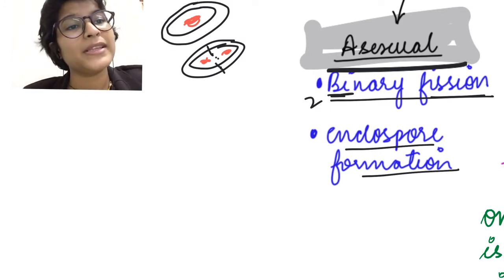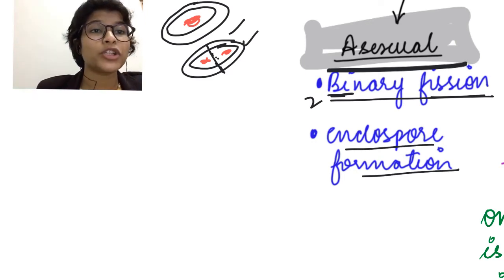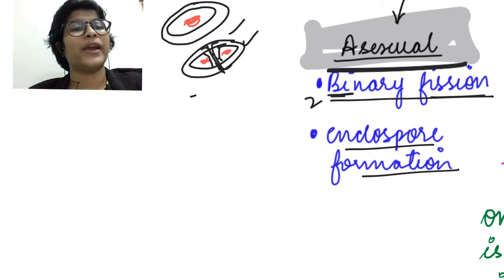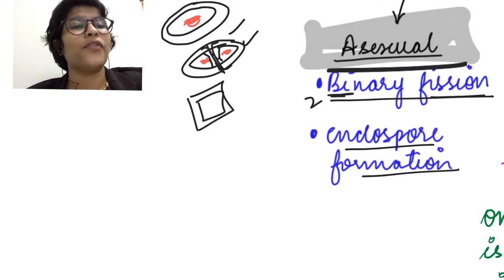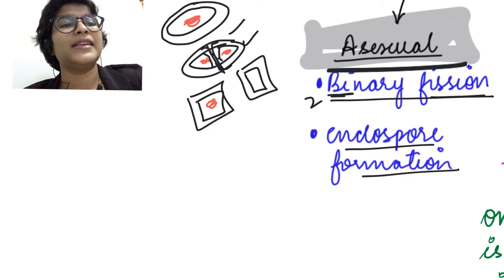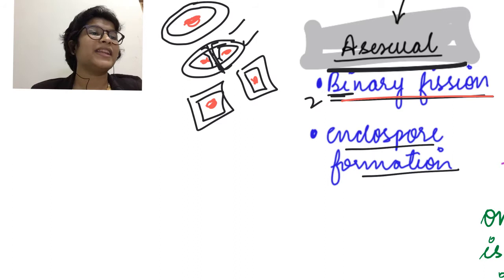Now ये septum बनने से क्या होगा? Cell wall और cell membrane दोनों half में divide हो जाएंगे. So each of those grows separately over here. Okay, that is why we get the formation of 2 individual smaller bacteria. These are called daughter cells. This process is called as binary fission.